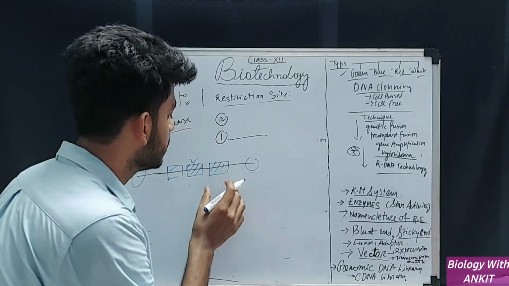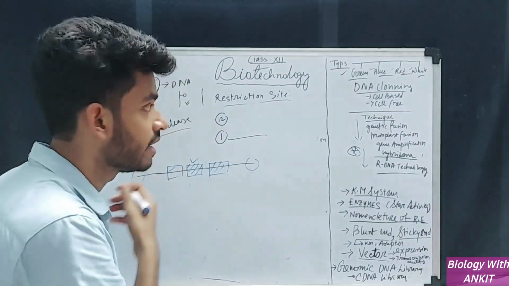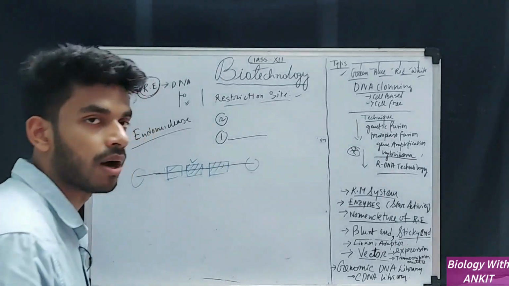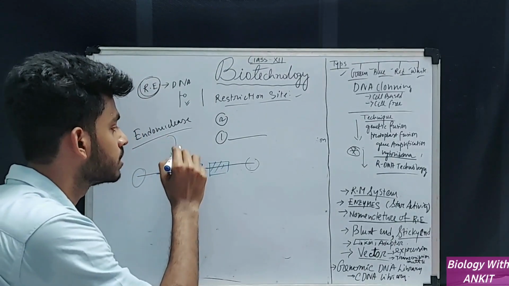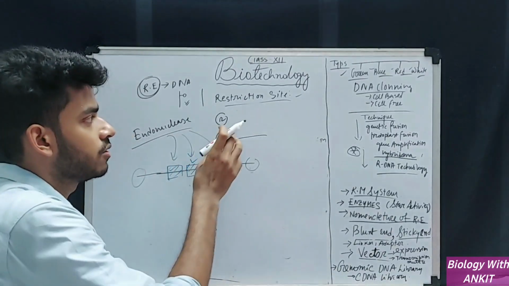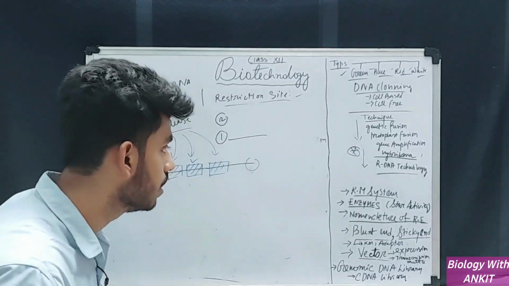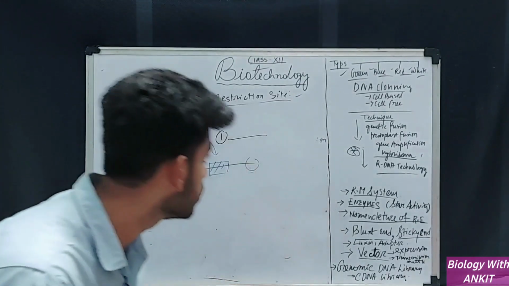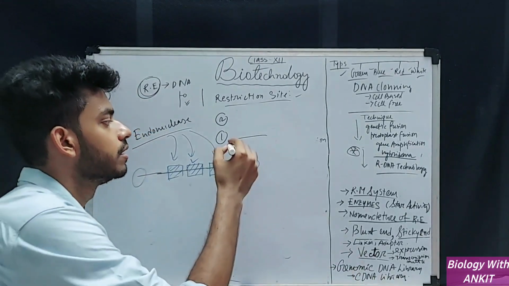Basically, it finds a sequence with similarities that it can recognize, which is the restriction site, and then it cleaves there. Meaning, wherever in my DNA there are restriction sites, the endonuclease can cut. Where are these restriction sites located? Inside the DNA, okay? So the first cause is that it is an endonuclease. The second cause is the specificity.